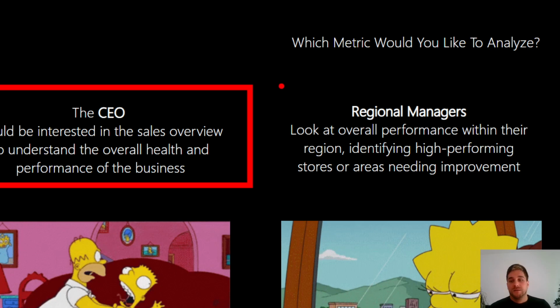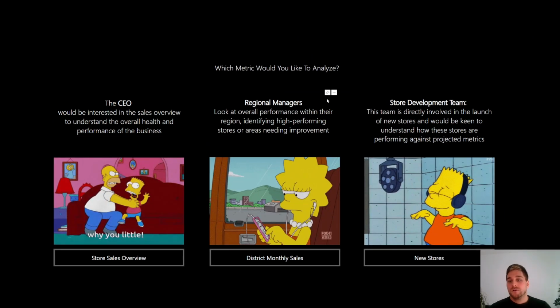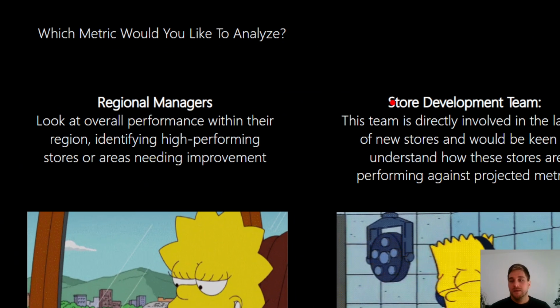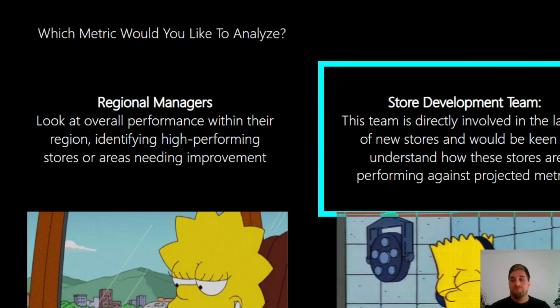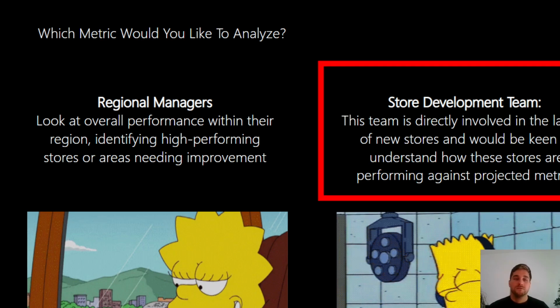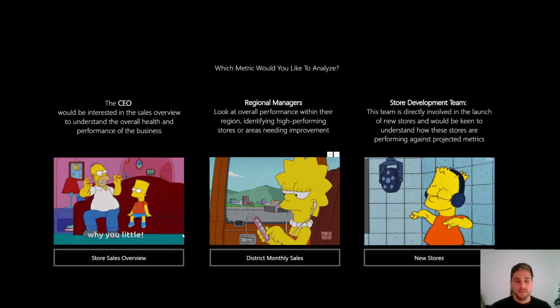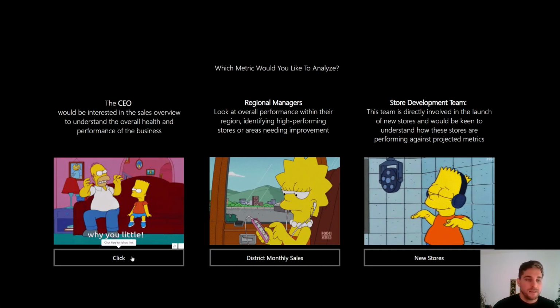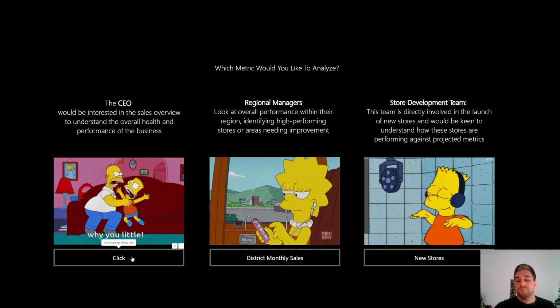The regional manager gets more detailed information on the regional level. And the store development team might be more interested in stores, the most detailed information possible. And yeah, let's pretend that we are the CEO and we are interested in the general information.